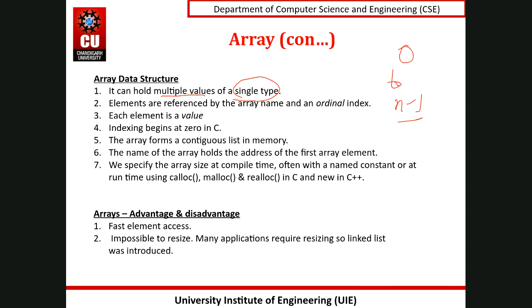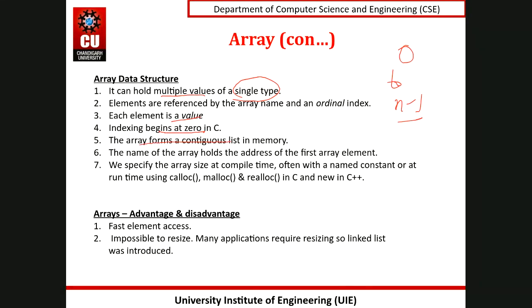Whereas there is an exception to the array in Python. There is one data structure called list. We'll look at it later on. But for now, you must know that array must have similar type of values and each element has a value. Indexing starts at 0 as you know, and all the elements are at a contiguous memory location.